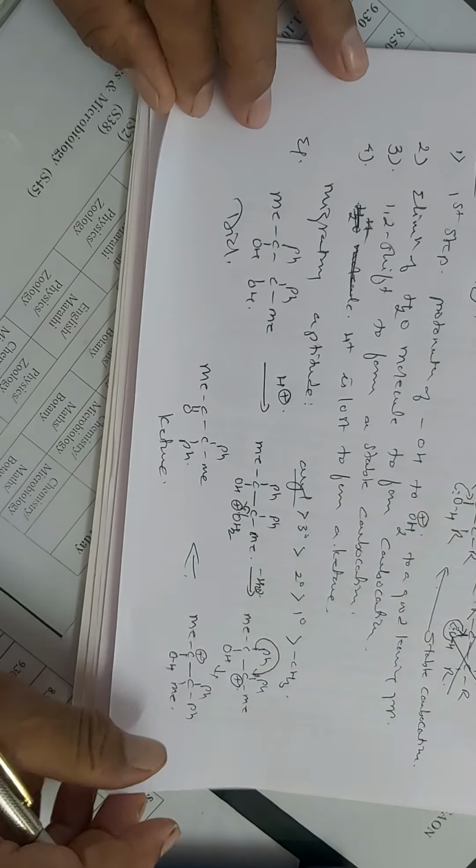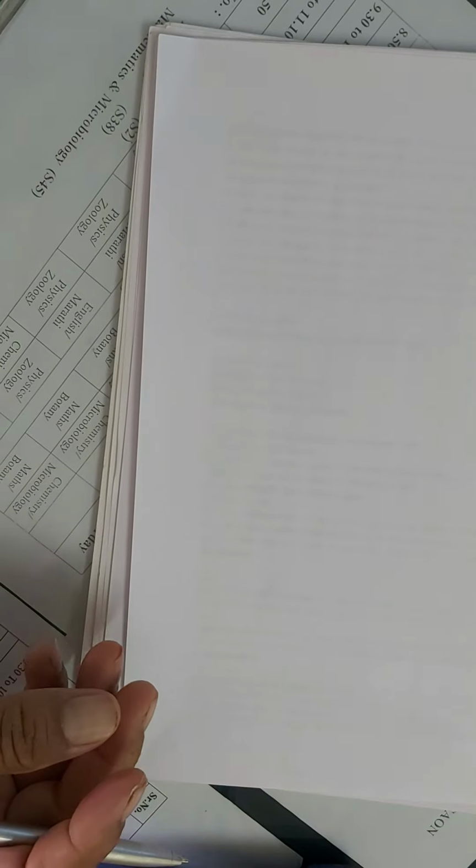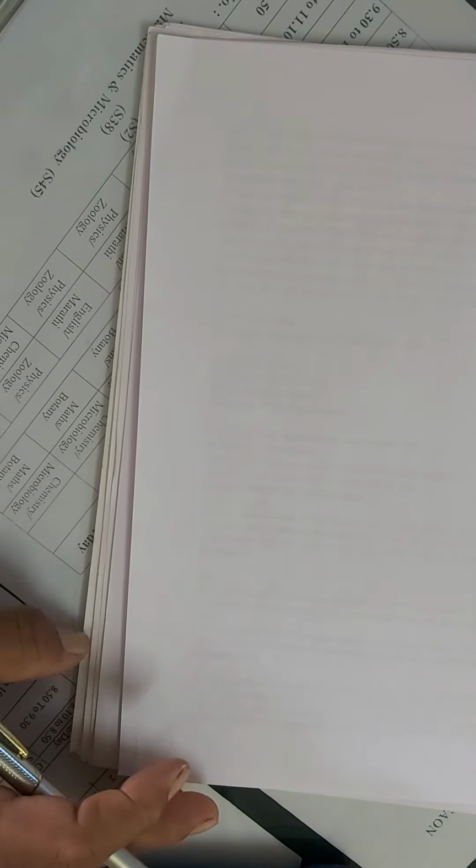So in this way we have gone through the pinacol rearrangement. We have seen the three types of reactions so far, that is the rearrangement to the electron deficient carbon, nitrogen, and oxygen. Now we are going to study some different type of reactions also.